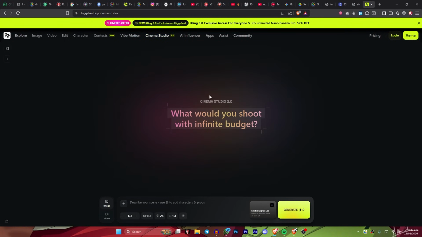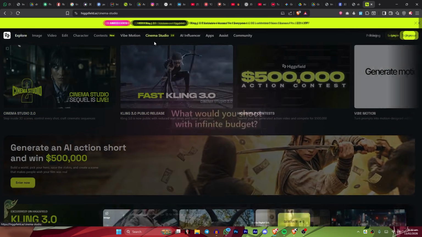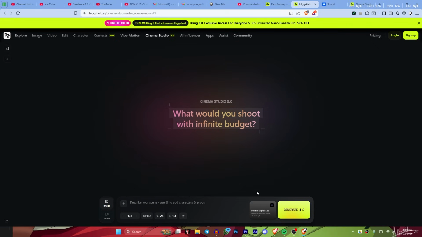And one more thing, all the process will be done inside the browser, and this makes it super convenient for every creator. Now once we are inside Cinema Studio, the first step is to set up a scene. Here we can choose our camera settings like the sensor, lens, and focal length to get the cinematic look. Then we just type in a prompt to describe the scene that we want, hit generate, and the Higgsfield AI will create a hero frame for us, and this is the hero image that we will use as a foundation for our video. So the first thing we have to do is set up our scene. So we have to select our camera, lenses, etc. Let me show you how we can do that as well.